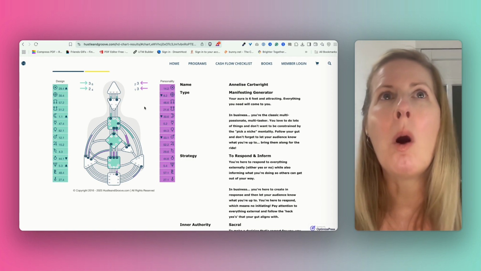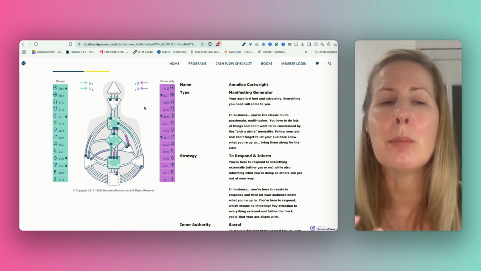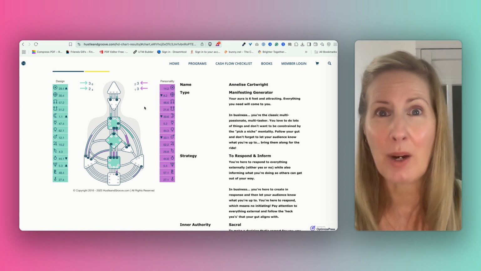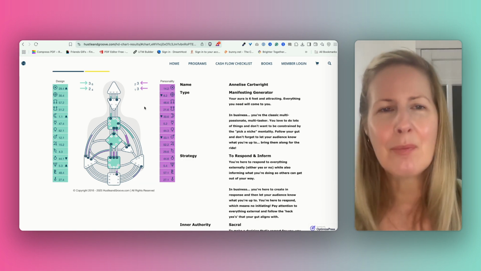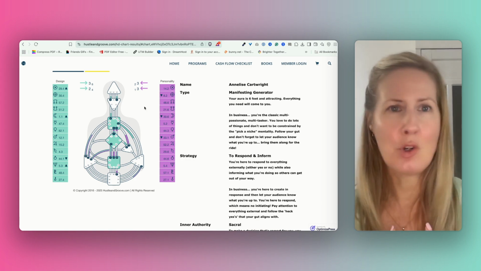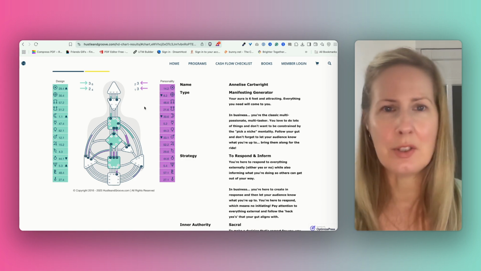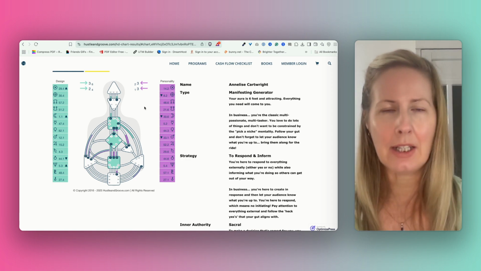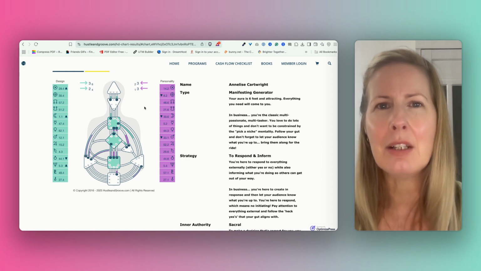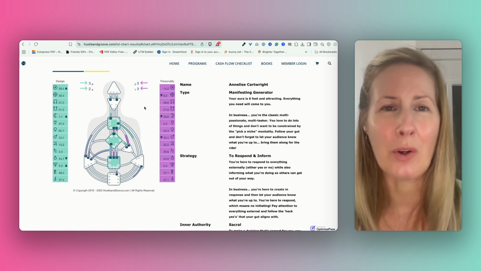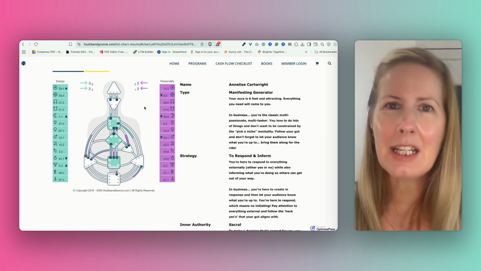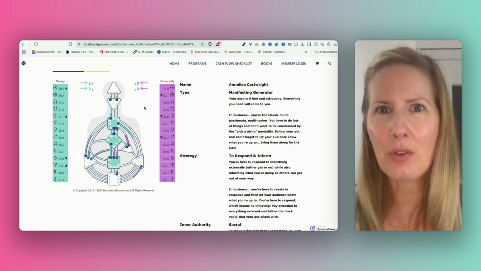And that's why I'm so passionate about human design in business, is that if we can get to that space for ourselves, right, we can just do the things that are easy and fun for us, then everything in our business works. No matter what we're trying to do, doesn't matter what strategy, what tactic, if we're doing things in alignment, if we're doing things that are easy and fun, then it always works. And it's less about the strategy and more about, is this easy and fun for me? Am I following strategy and authority?